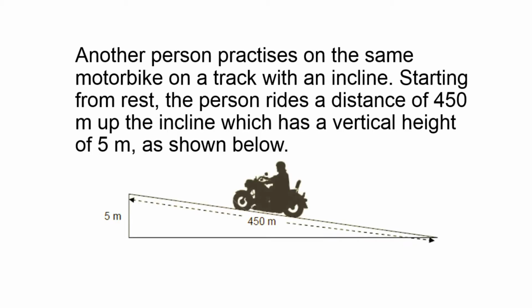Now there's another person, and he practices on the same motorbike. So we know something about the motorbike. It can give us 240 newtons of force on a track, but this track has got an incline. Now, starting from rest, the person rides a distance of 450 meters up the incline, which has a vertical height